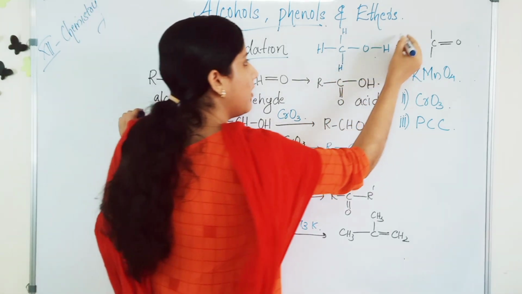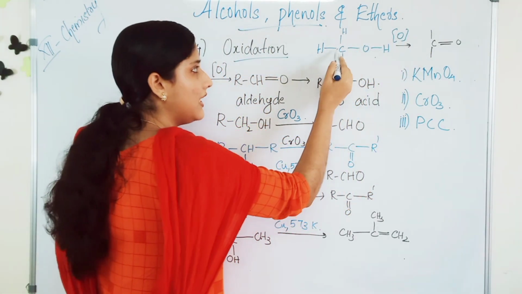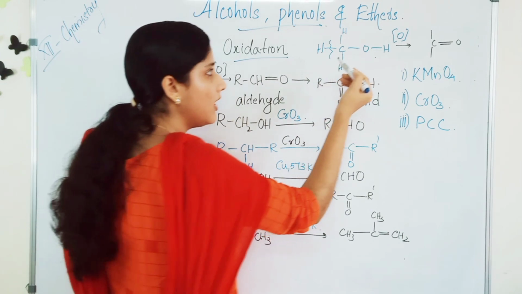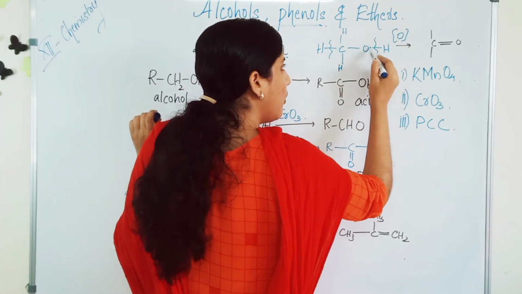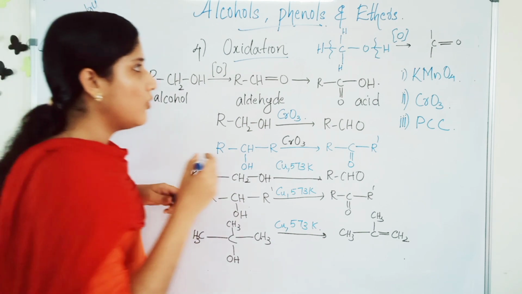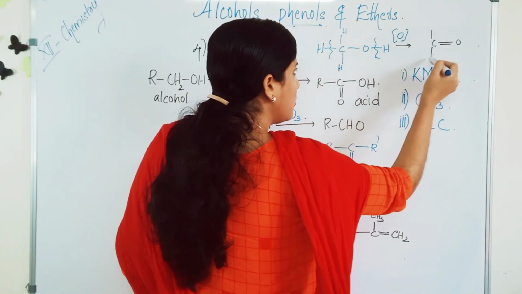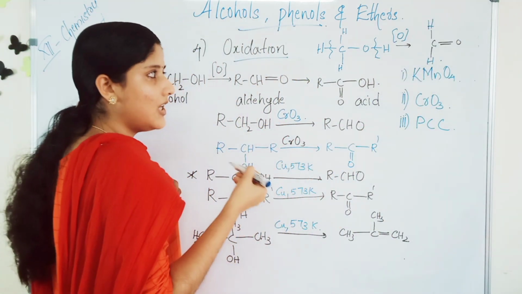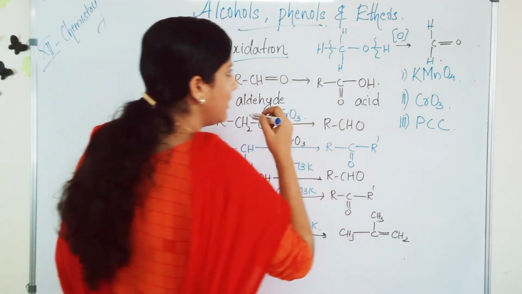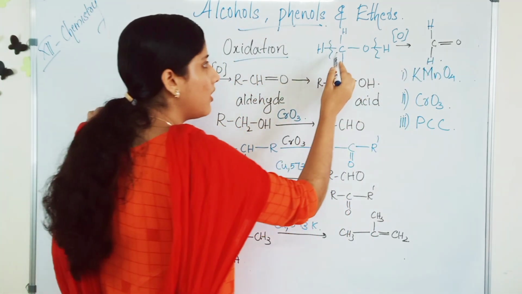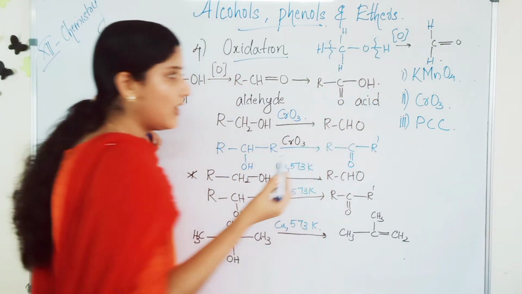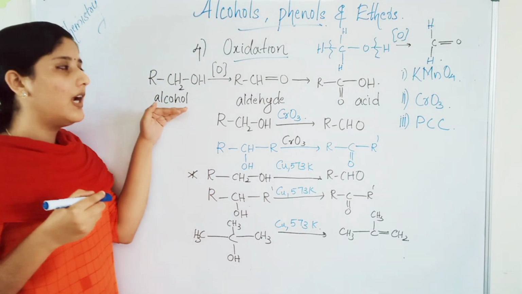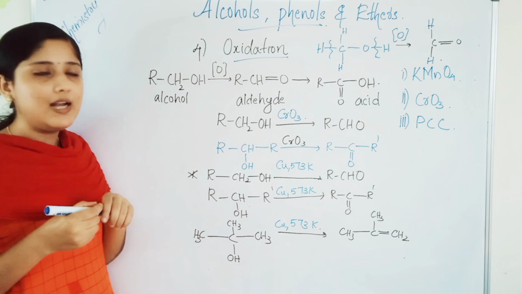Here in oxidation, one of the hydrogen-carbon bonds will be broken. Similarly, the O-H bond also will be broken and you will get C double bond O, with two hydrogens as substituents. HCHO, what is this? It is an aldehyde. That is, two bonds will be broken, the C-H bond and the O-H bond in an alcohol, while undergoing oxidation. When an alcohol undergoes oxidation, it transforms to an aldehyde.